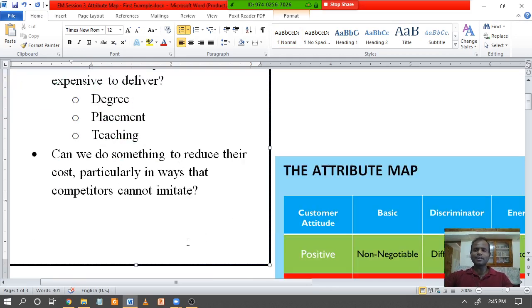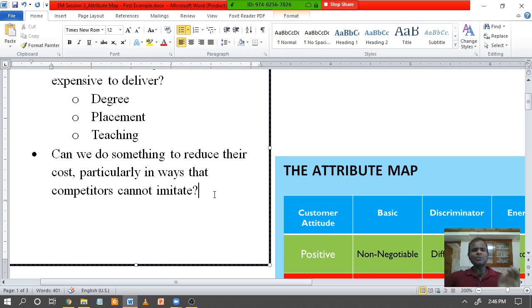Now if you are joining university, you expect the university to give you a degree at the end of 4 years, of course if you pass your exams, but you expect universities nowadays to give you placement. Universities advertise that we give 100% placement, because that is one of the main expectations of joining a university. Many of you would have joined a specific course or university keeping in mind that this university would give you a placement, right? And you expect the university to teach you the subject or the skill that it has professed to teach you. So these are non-negotiable.